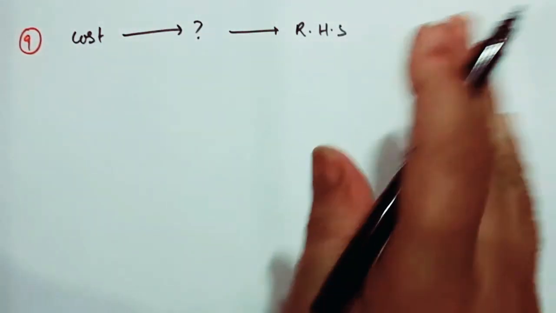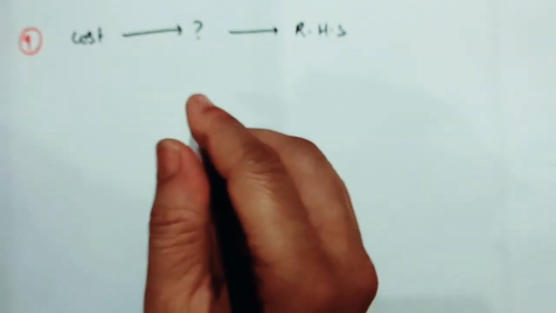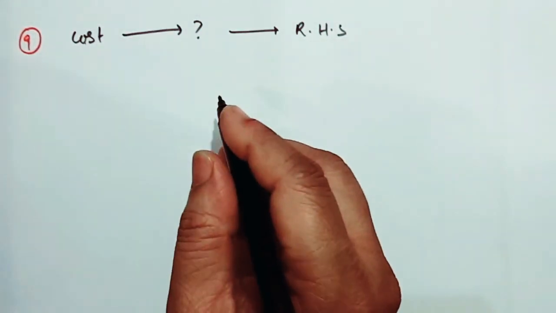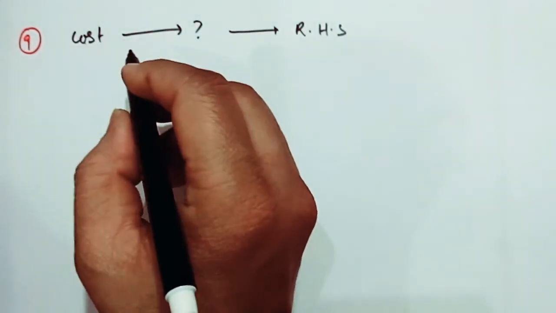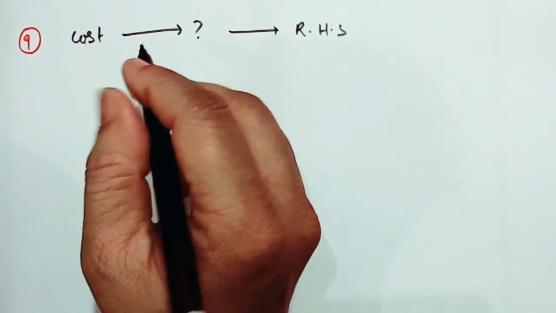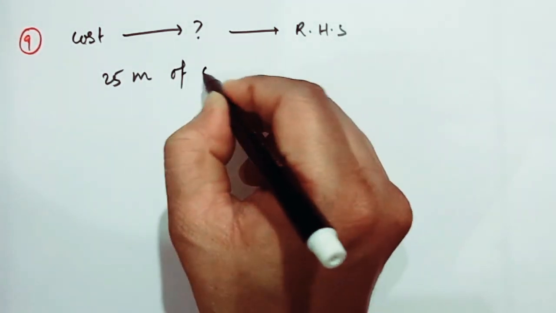So how shall we start? They have given you in proper order only. So for 25 meters of cloth